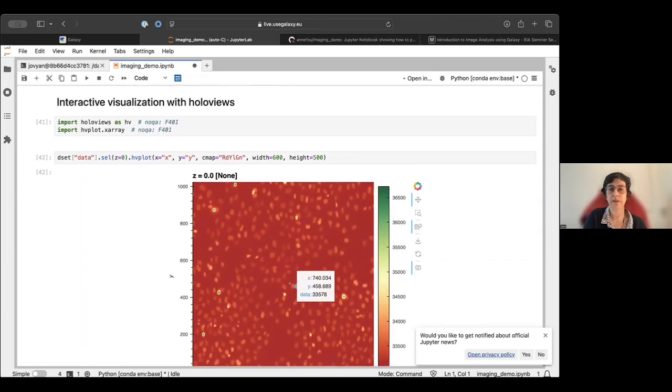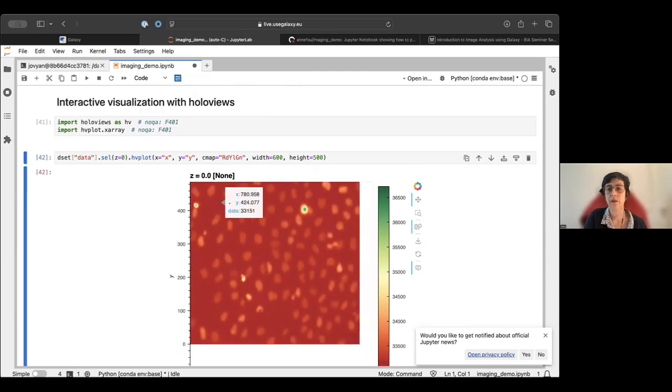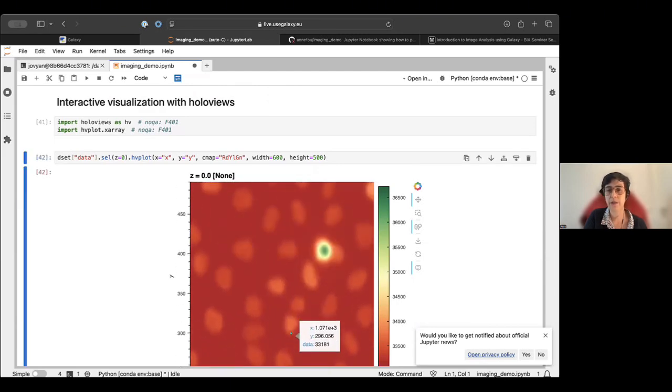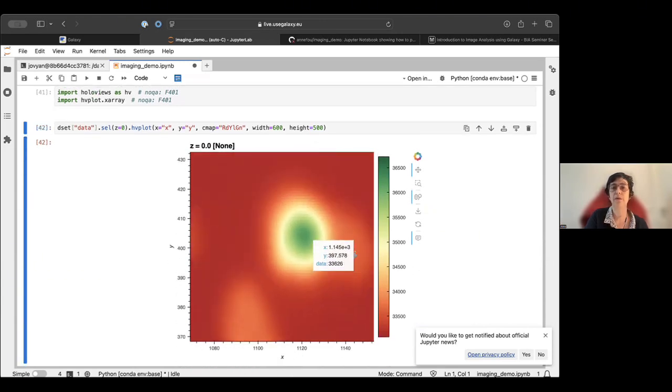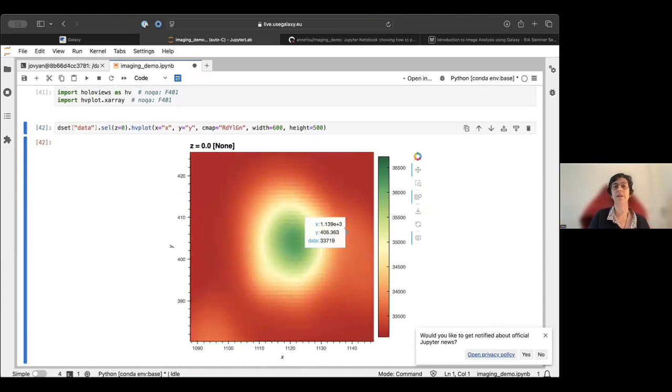So here, for instance, I can see each of the cell values, and I can also zoom in. If I want to interact with a specific area and cell, I could zoom as much as I want, and it makes the process much more interactive.